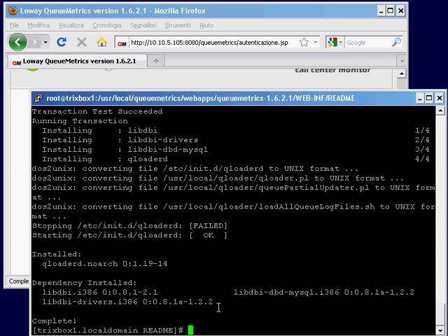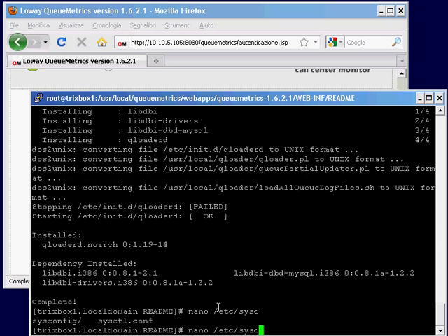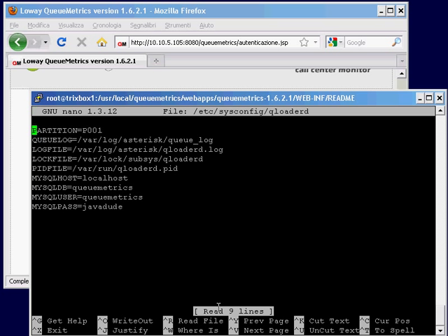This is already installed. In order to check the settings, so that, for example, you could set it so that it could upload data to a different box, you just edit this file, etc sysconfig Qloaderd. Here you can see the partition, that is the name of the place it's going to upload data to. The location for the qlog does not usually change. This information does not usually change either. The things that usually change are the